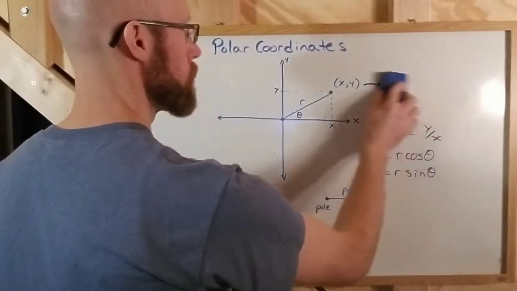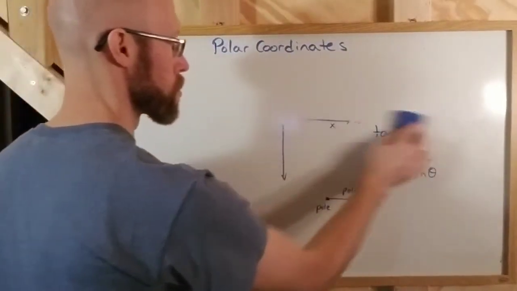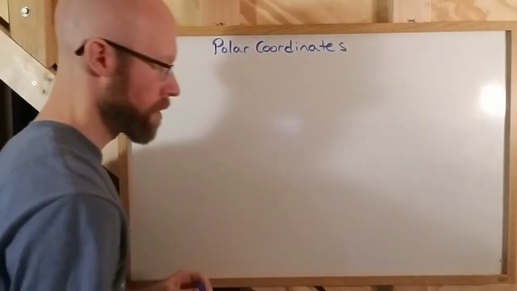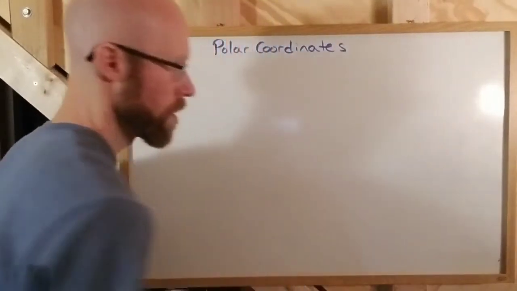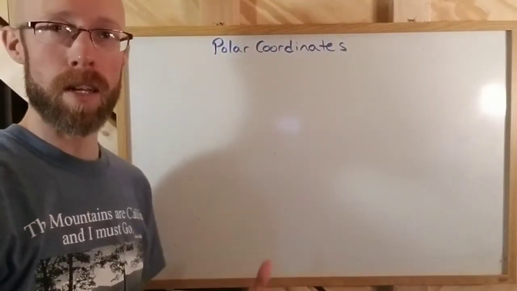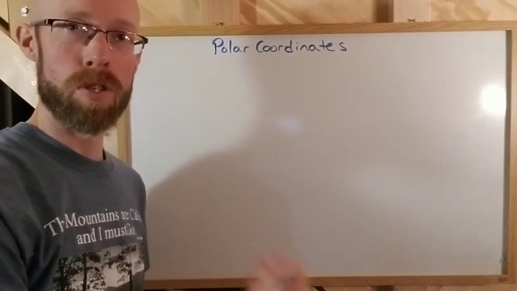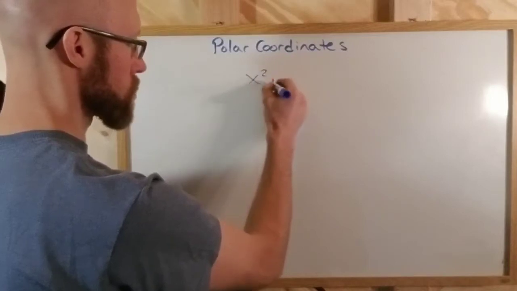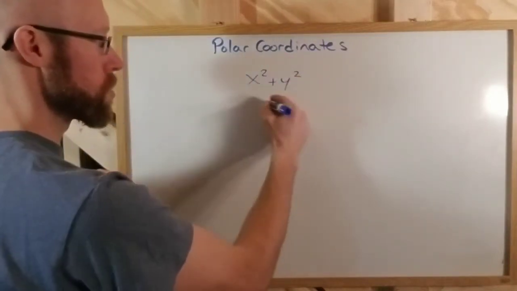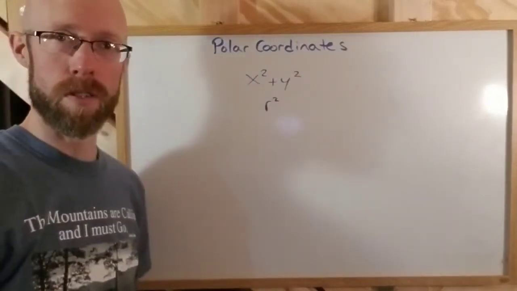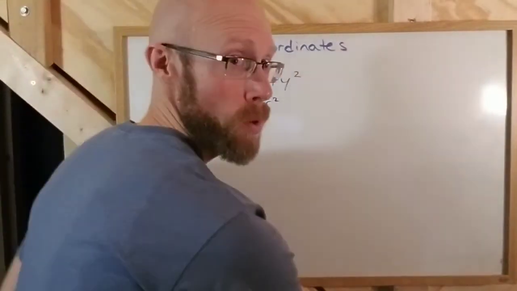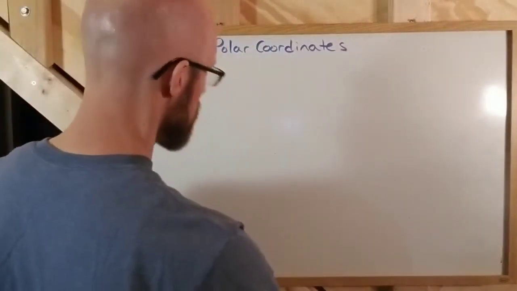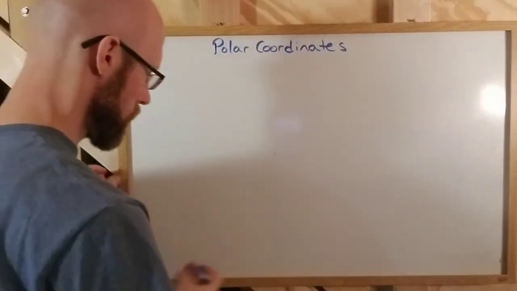What's very nice about polar coordinates is that you can write complicated equations in more simple ways. Anytime you have, say, an x squared plus y squared in an equation, you can just replace it with r squared, for instance. So there's nice ways to simplify things. We'll get to that later. For right now, we'll just look at